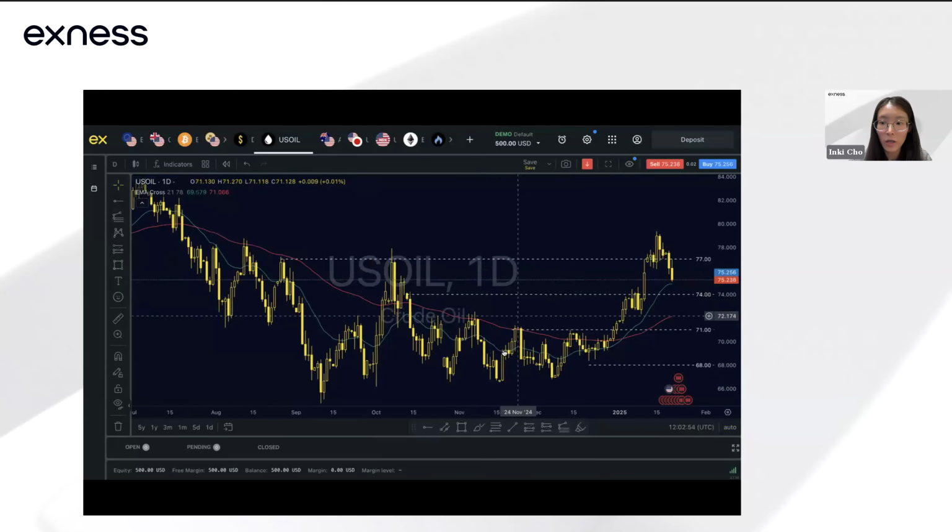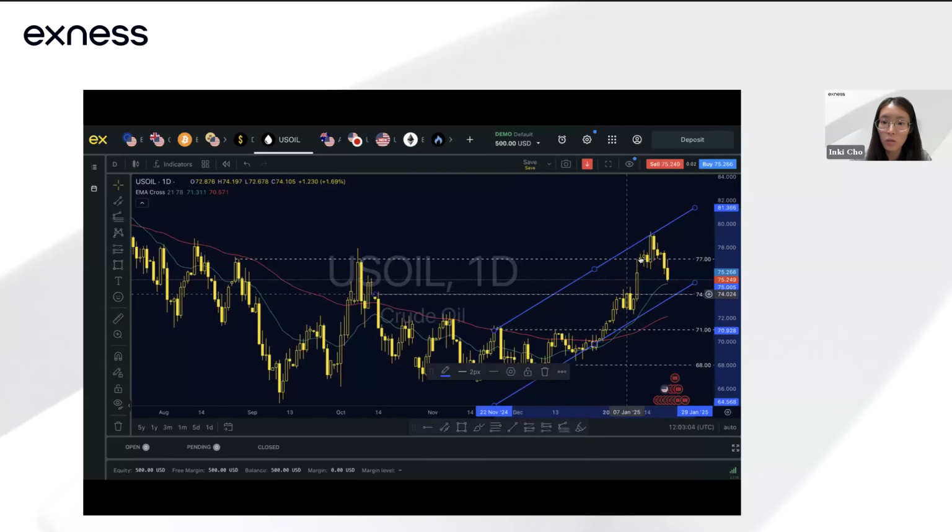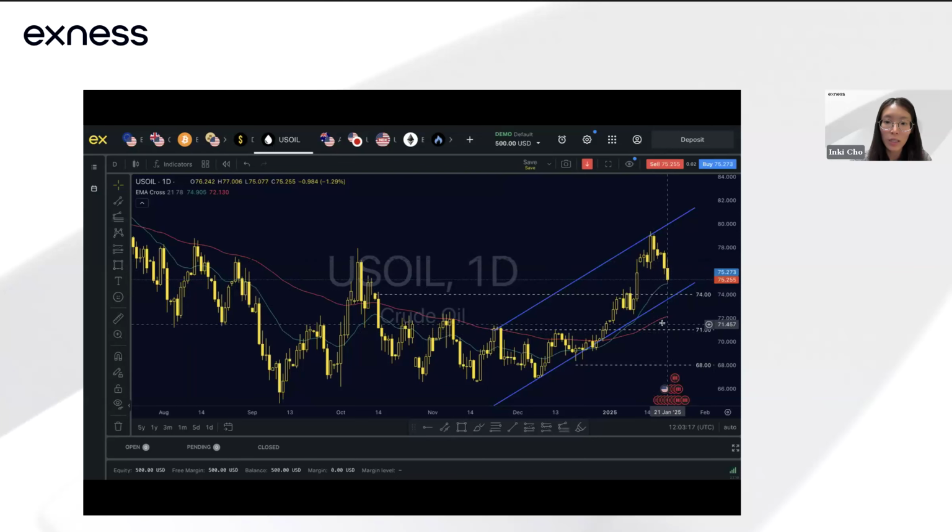Prior to that, you can see that oil has been holding in an ascending channel over here. You can see this ascending channel that prices are holding within. So I think that even with the most recent price action on daily, it's still in a bullish structure, higher lows and higher highs, as you can see. The first support level that we have would be at the 74 level, this area of consolidation, which also aligns with this lower bound. And beyond that, if price breaks, then 71 would be the next support.